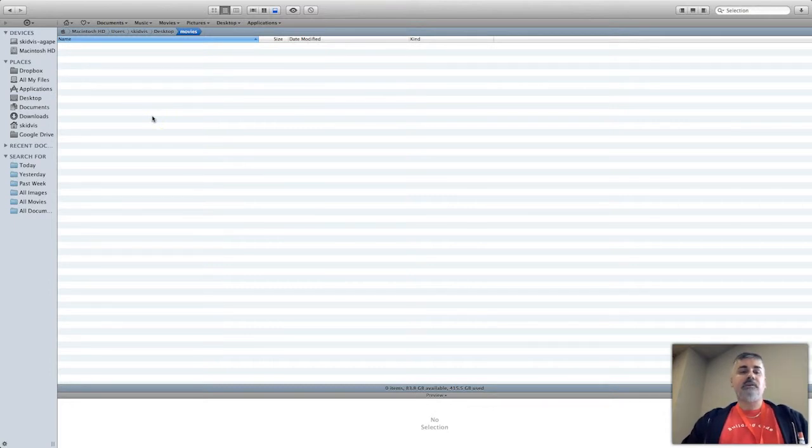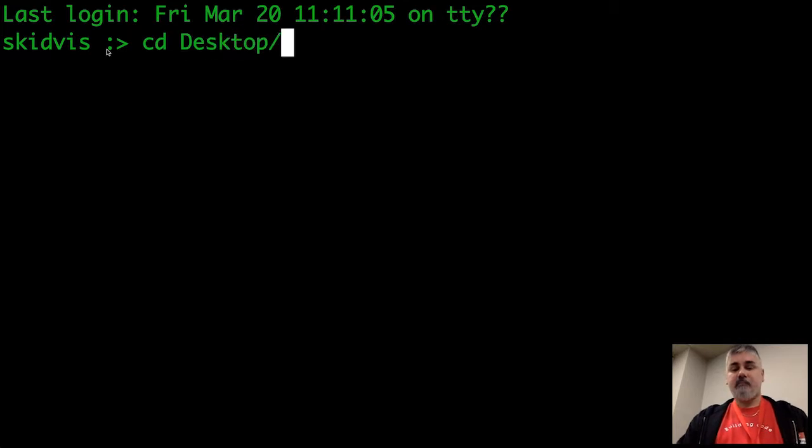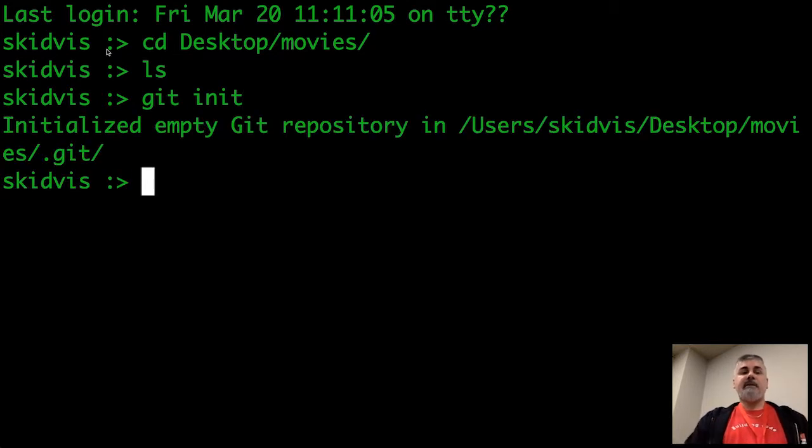As you can see, there's nothing in this folder. It is completely empty. Nothing up my sleeves. So I'm going to change into that directory, called movies. Do an ls. Again, there's nothing there. If I do git init, it'll say initialized empty repository in that folder.